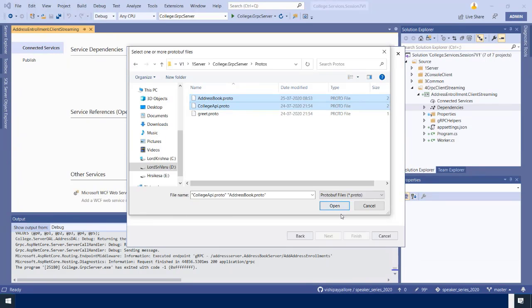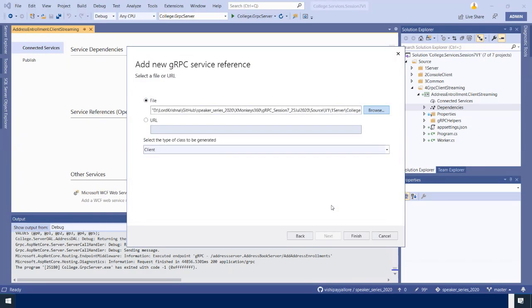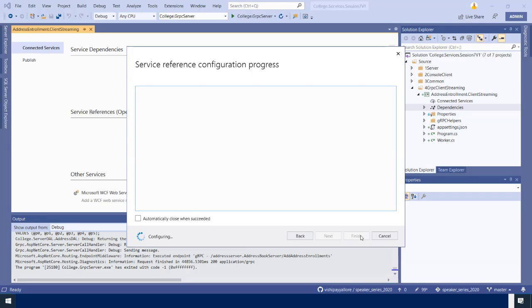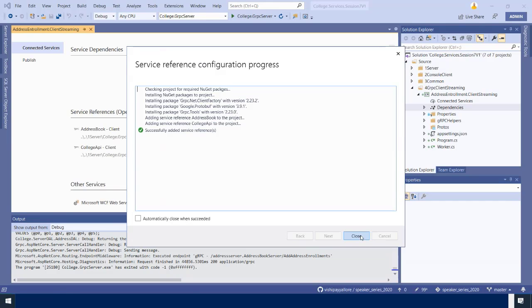Let's take both, because we have taken both the helpers and we want the client components to be generated. It's selected. Now click on finish. For some reason it took some time. Okay, cool.